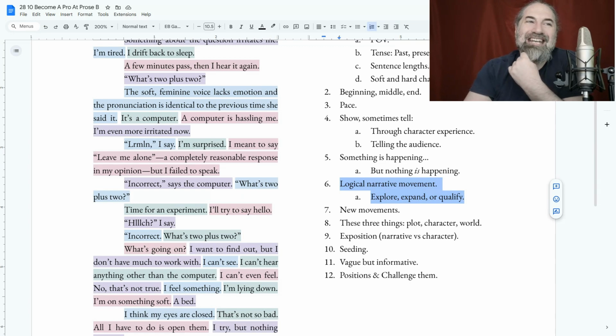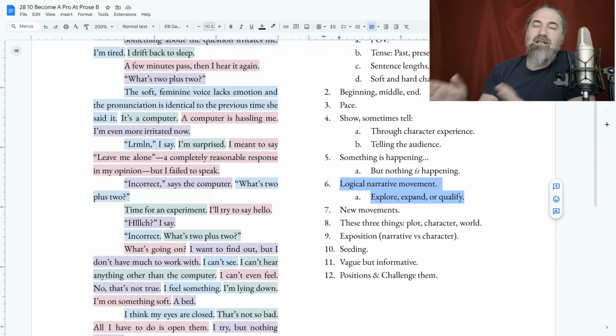This keeps the reader's attention moving in a straight line, therefore creating a fast read. The mind does not reset, reorient, or stop to bridge gaps in the logic. The less a reader has to think, the more logical the movement is. Basically, if you do it well, the passages read quite smoothly, and every line has a purpose, and the narrative feels continuous. So again, logical narrative movement means that if you create a sentence, the next sentence must connect to that sentence in some way or some form, and it will explore, expand, or qualify one or more elements